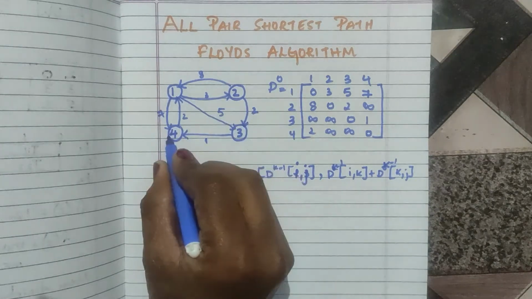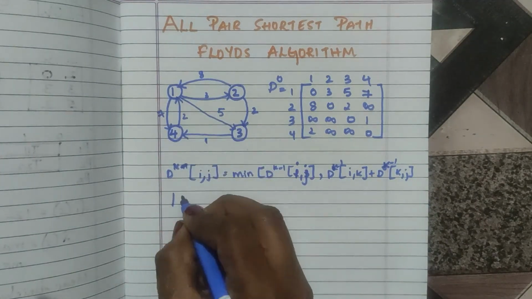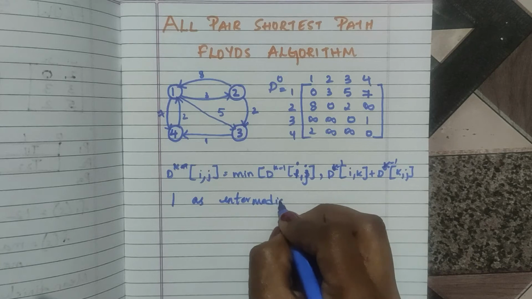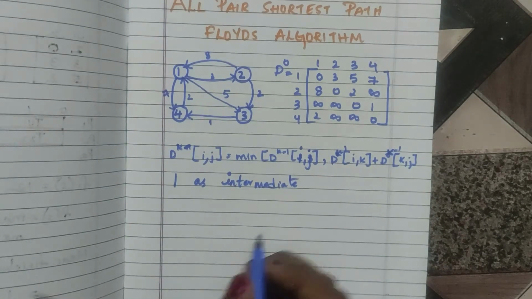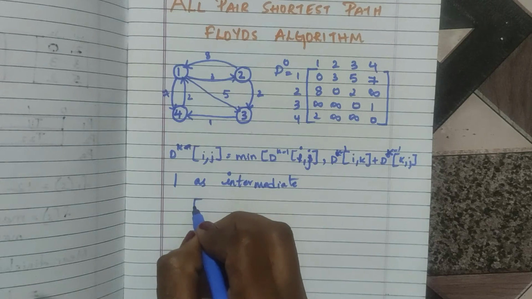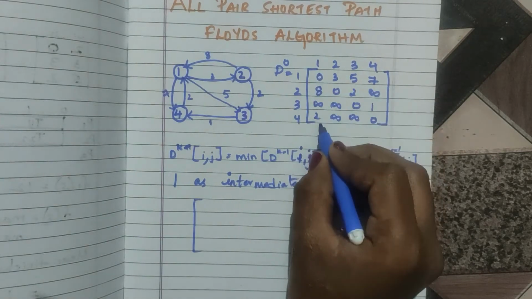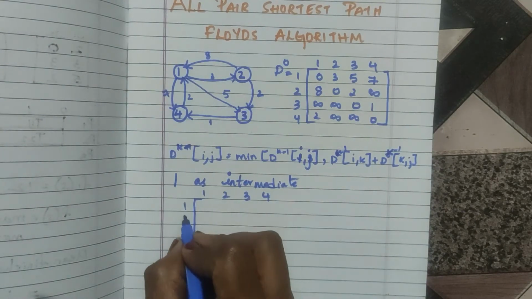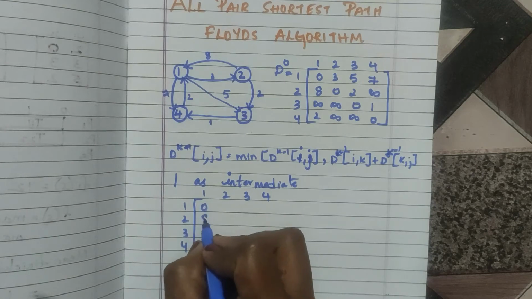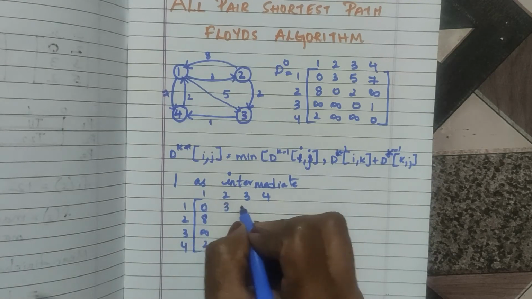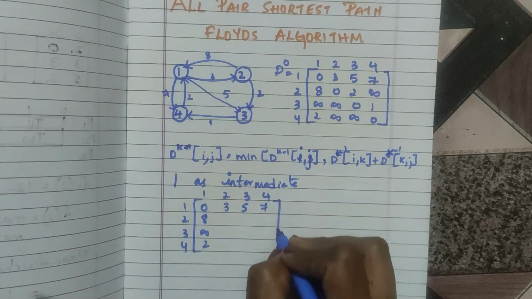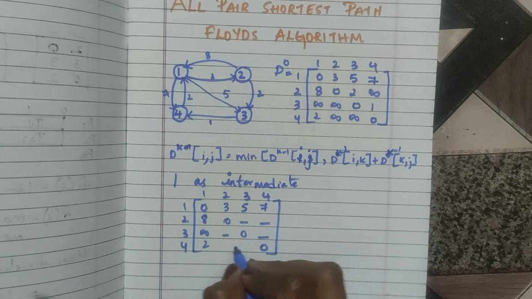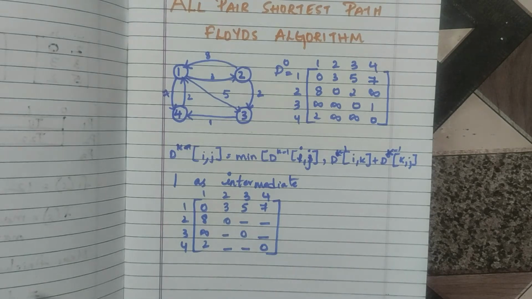So you have 4 nodes if you see here. So we have to solve for each node. So I'll take 1 as my intermediate. Now in this one you have to use this matrix table over here, and you have to keep the first row and the first column the same. So here I'll keep it the same. So 0, 8, infinity and 2, and here it's 3, 5 and 7. Now our diagonals will be 0. Now we have to find these values over here. Now let's start finding using the formula.